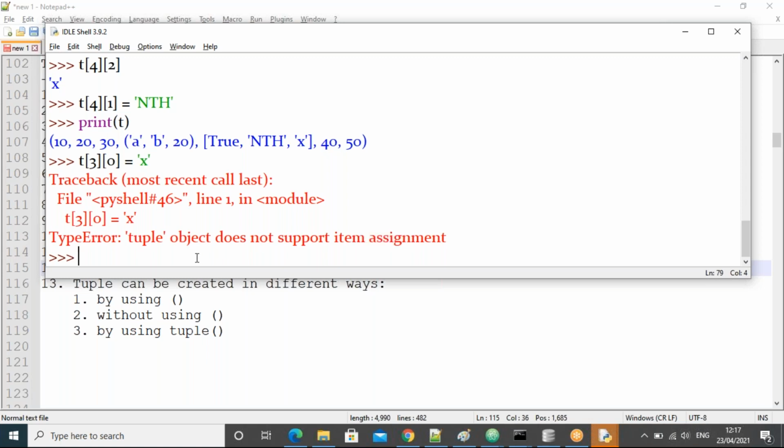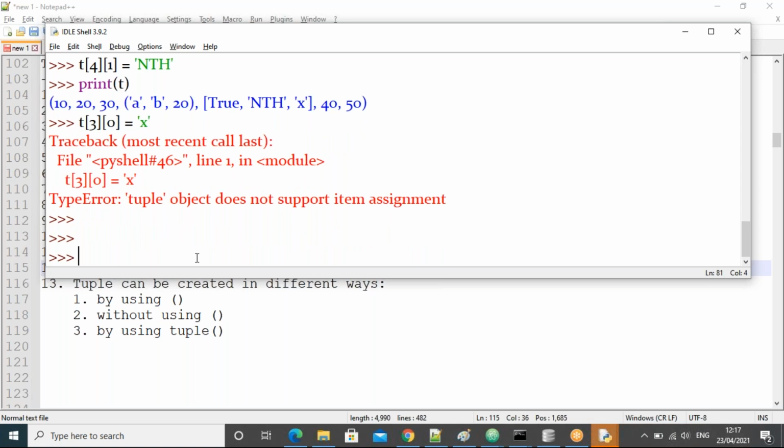Okay, right. Next one. Now all of you observe. I'm taking now del T of 4 and 2, guys. Is it possible? So I'm trying to remove the specific element by the del command.